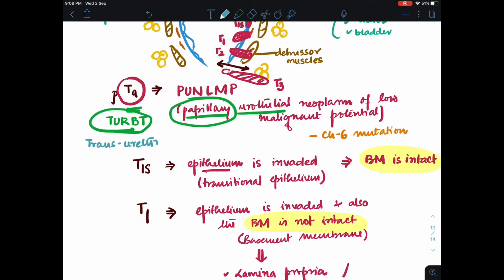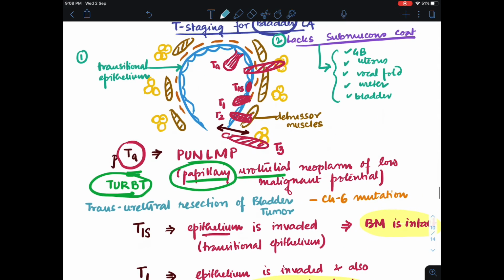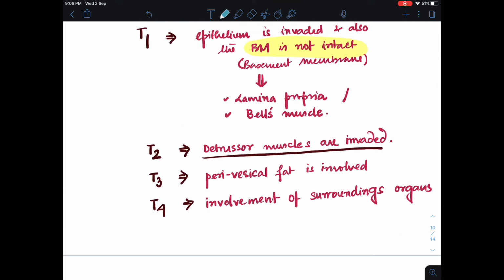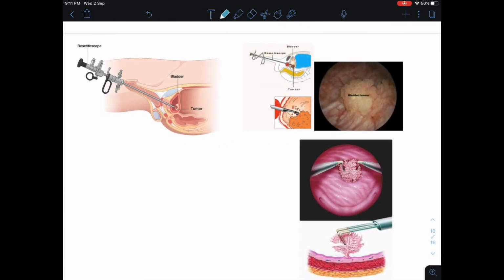transurethral resection of bladder tumor. As a general fact, now coming to the TURBT procedure, as I have said before, it is the